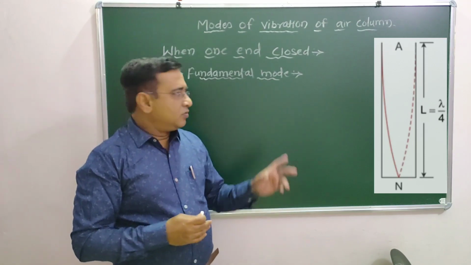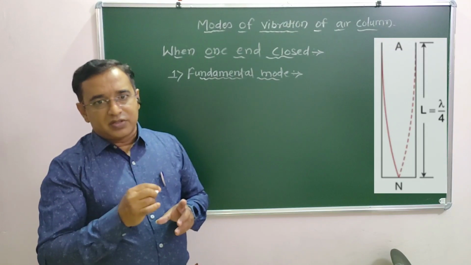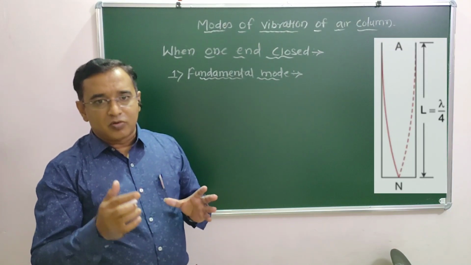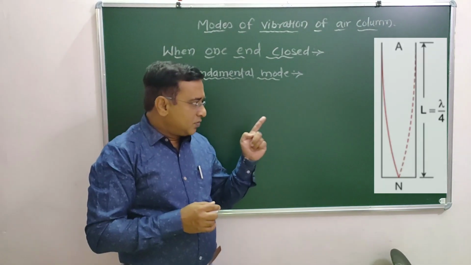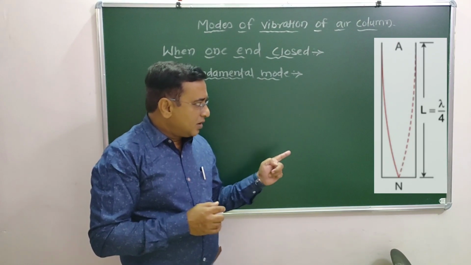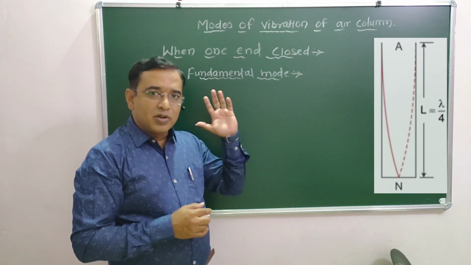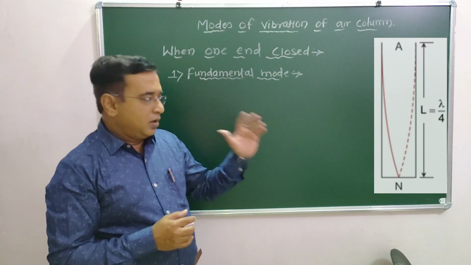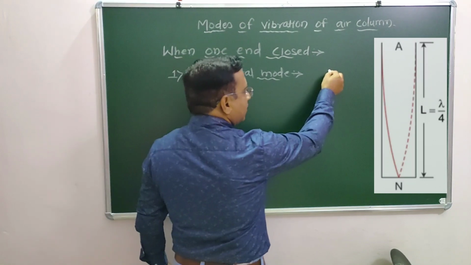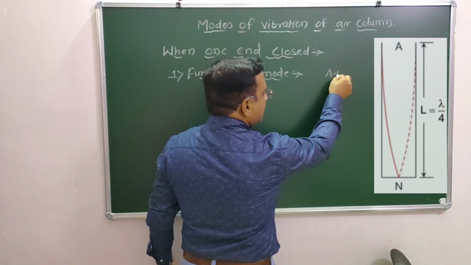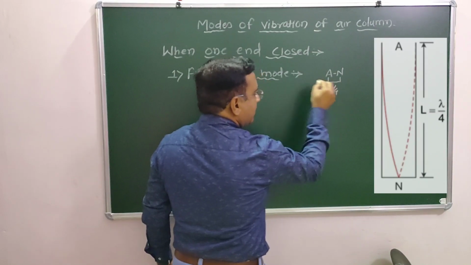In the fundamental mode, we have to remember that fundamental means the basic frequency which is given so that the air column vibrates and we hear a loud sound. Here in this tube, the antinode is formed at the open end and the node at the closed end, forming a vibration, and we hear the maximum intensity. So we have the antinode at the open end and the node at this end, and the distance between these two is lambda divided by 4.